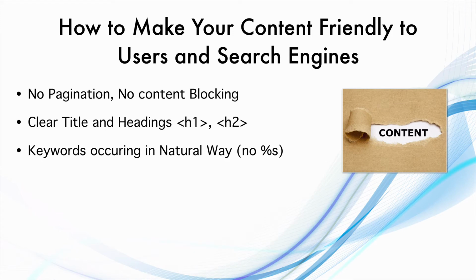You can include the target keywords and make them occur in a natural way. There is no set percentage of target keywords you should have on your website. If you are naturally writing an article about some topic, like for example, if I am writing a 2000 word article about Facebook ads, in a natural way the keyword density will be around 2 to 3%. So that is the most natural way.